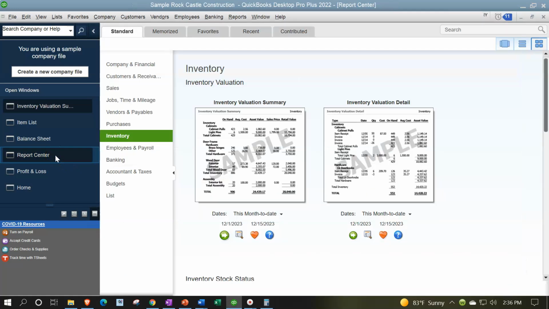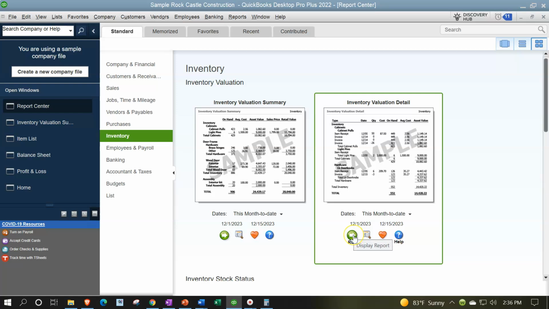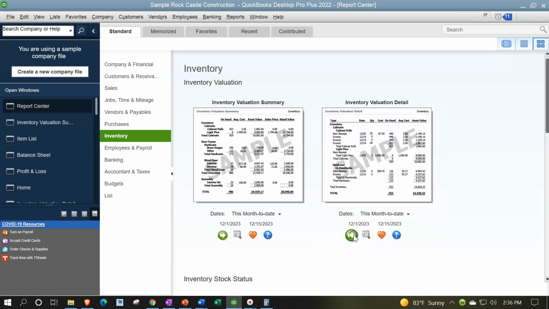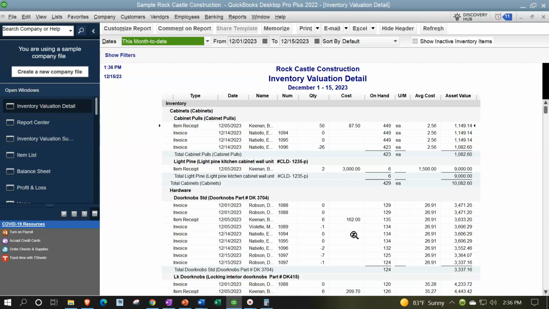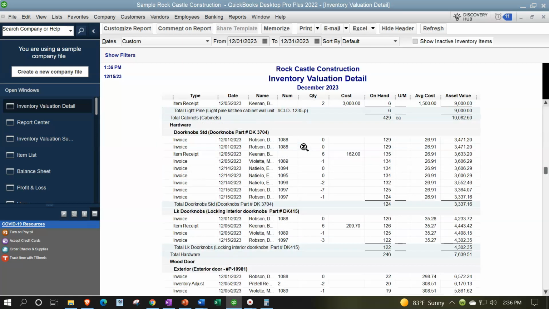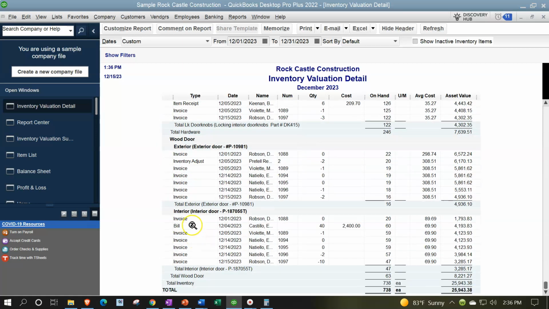If we go back to the report center, however, we also have the inventory valuation detail. Let's check it out so we can see what it says. So let's take that from 12/1 to 12/31/23. So we got the detail of this report, of course, giving our inventory items and then the detail within them, which includes the invoices, and the invoices are going to be representing decreases possibly to the inventory amount. And then we would have the increases, which could be represented, say, with bills, as we see the activity types